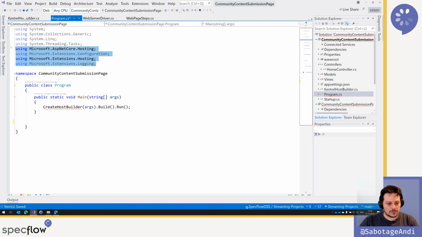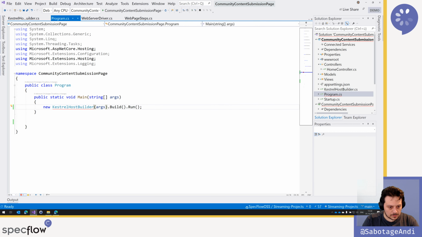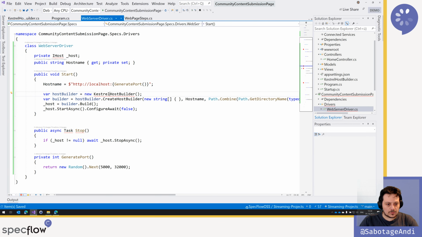So we have restructured this, and then we can say here, except the static method, we say here new Kestrel host builder, instantiated, build it, run. Create host builder. Now instantiate it and say create host builder, and this is this, and with that we have this in a separate class. We can reuse